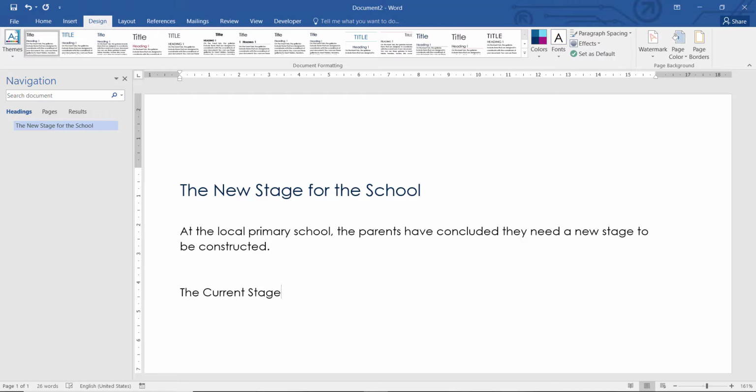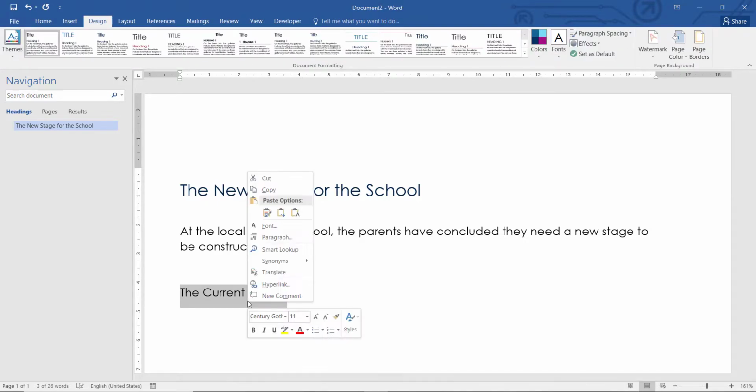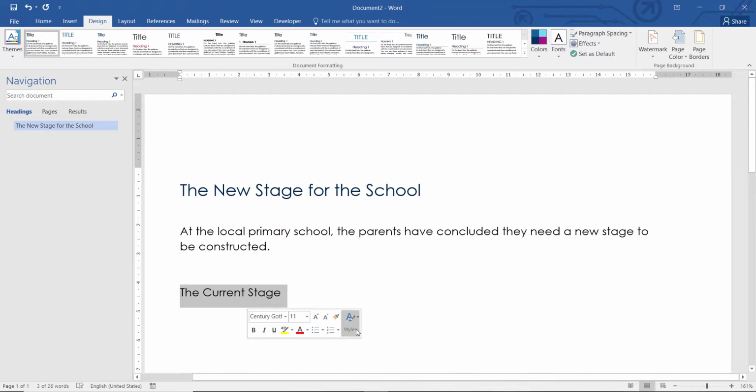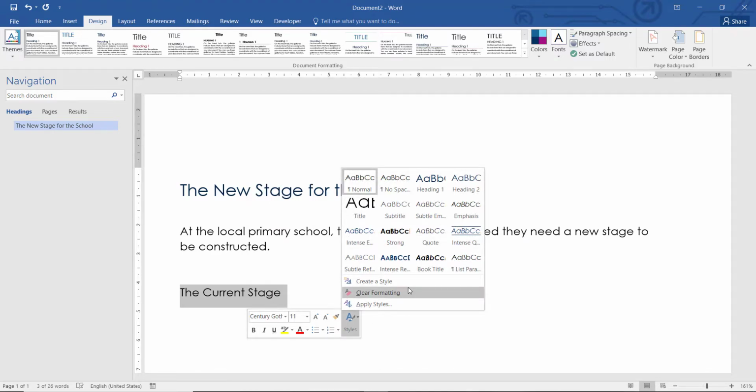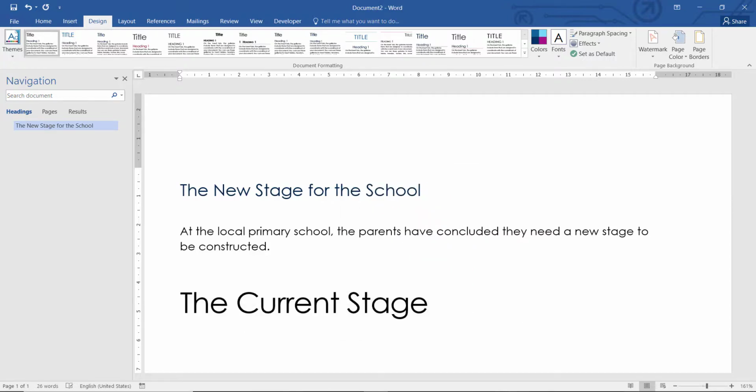Okay, so the next bit would be we can have the current stage, and then with the current stage we can highlight the current stage. We go to home. Actually didn't even need to come to home. We just come here under styles. We put it as a title. Okay, so you then see that our heading, our text, and our title have all changed